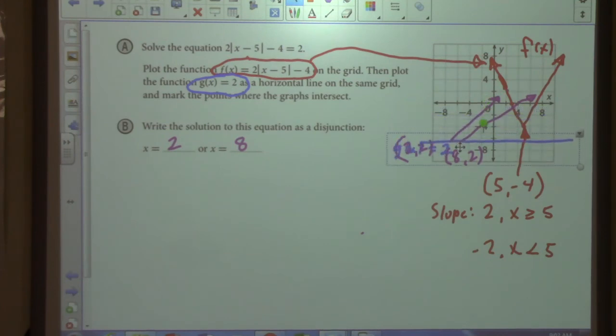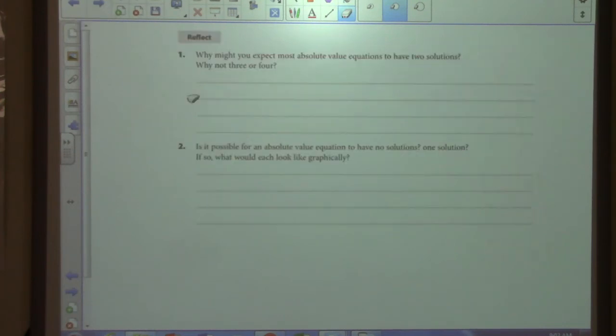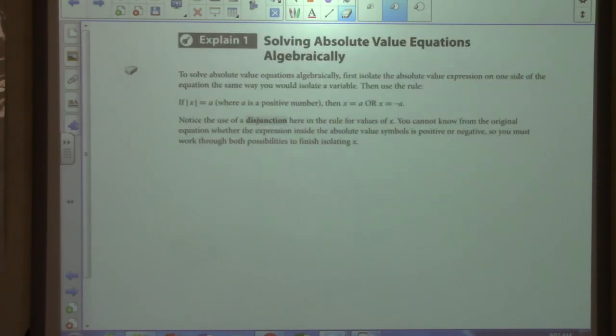Just because of the way problems work, you're probably going to see 2 solutions most of the time, just because it's more interesting. But sometimes you'll have no solutions, or on a rare occasion, you'll have 1 solution. So it's something to watch out for. Okay,